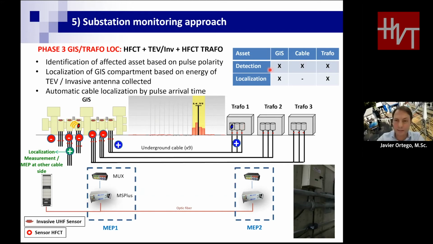And the last application is if we have any PD coming from the cable and we want to localize the PDs along the cable, along the line, we can apply additional measurements if we have this installation setup, because we will know that the PDs are coming from the cable by the polarity, but in order to localize the PDs along the cable, we need to do additional measurement with synchronized equipment at other position of the cable. Let's see how to apply this additional measurement along the cable.